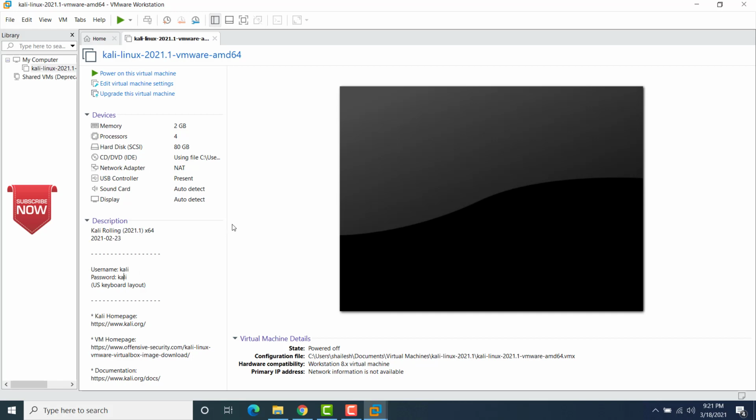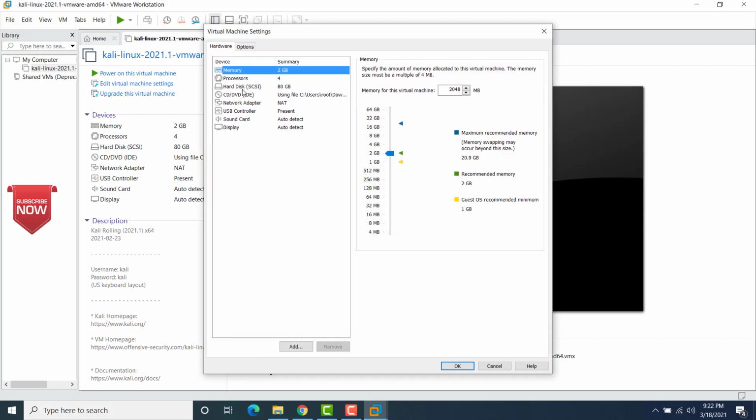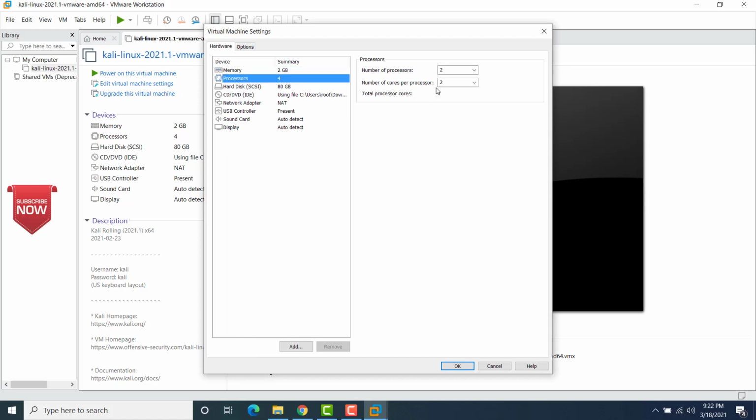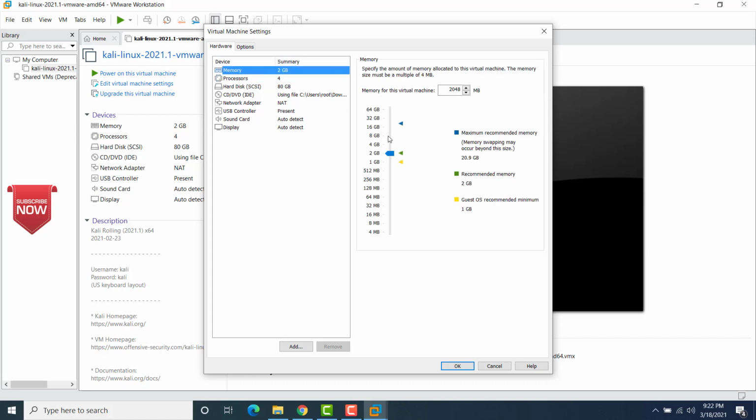Now, before I turn on the virtual machine, I will edit my virtual machine settings. Let me go to processor. I would allocate 4 cores here, so the total number of processors is 4 that I have. It's okay for me. For memory, I would allocate 8 GB, since I've got 24 GB RAM, I should be able to do this.